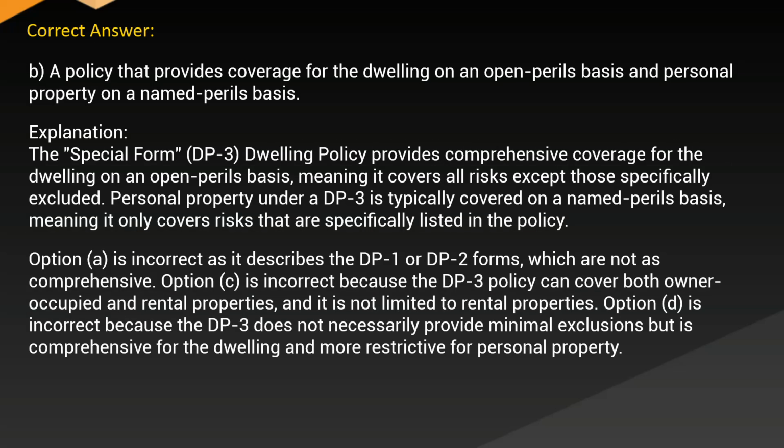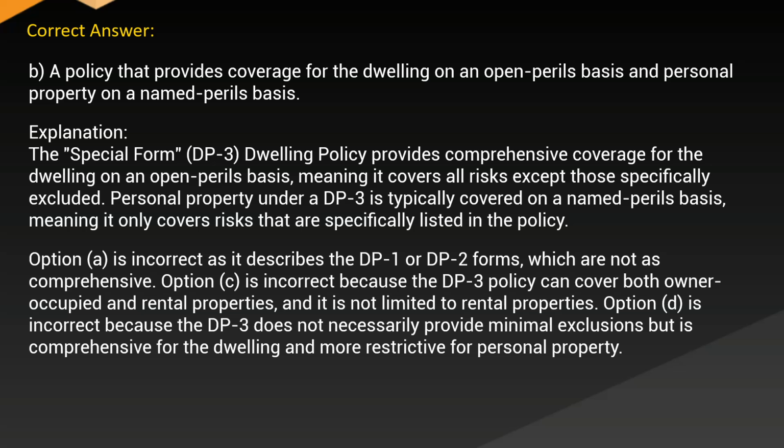Correct answer: B. A policy that provides coverage for the dwelling on an open perils basis and personal property on a named perils basis. Explanation: the special Form DP3 dwelling policy provides comprehensive coverage for the dwelling on an open perils basis, meaning it covers all risks except those specifically excluded. Personal property under DP3 is typically covered on a named perils basis, meaning it only covers risks that are specifically